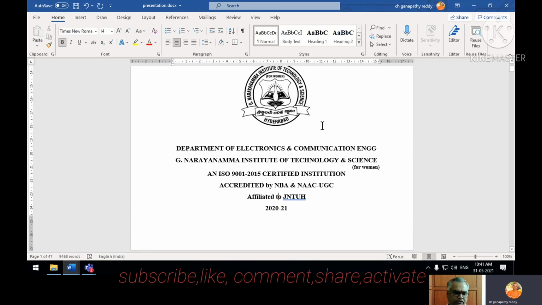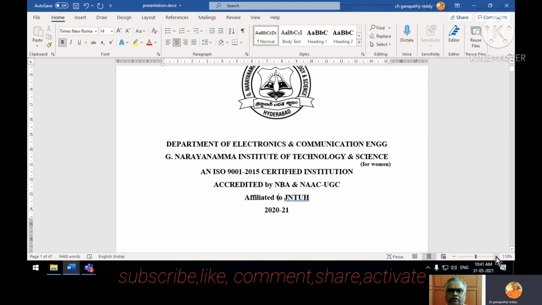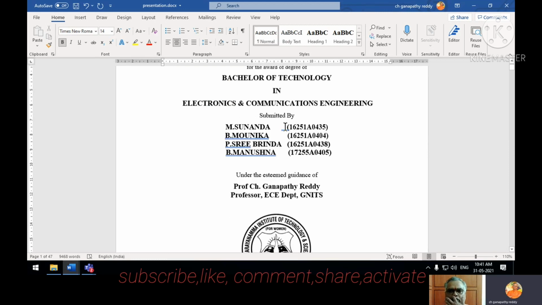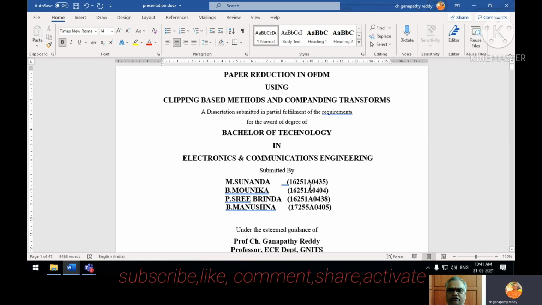So this is the first page. I hope you understand. And here the roll numbers I put in brackets, and all these roll numbers are straight, their names also straight, and aligned at the center.